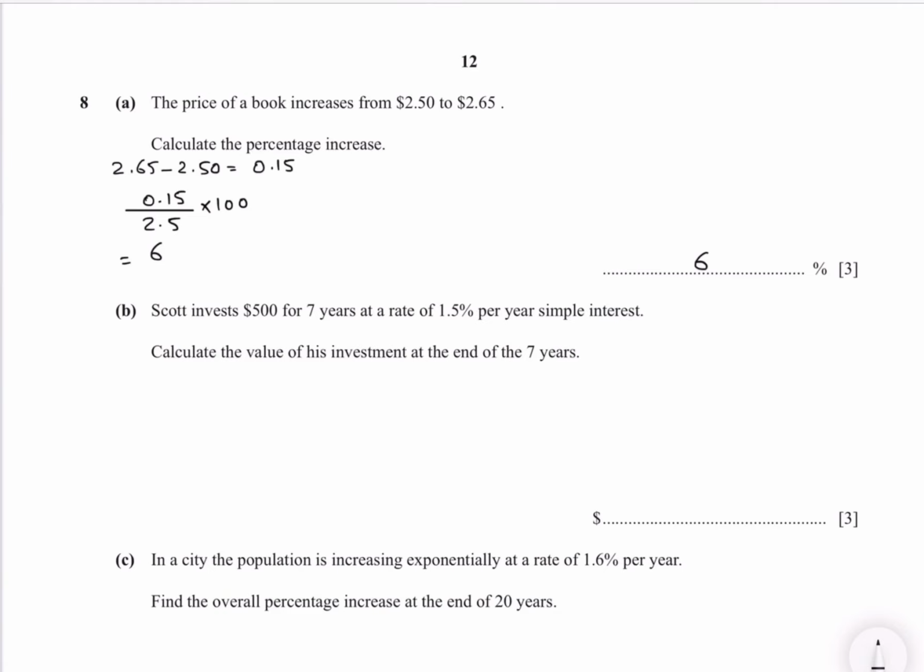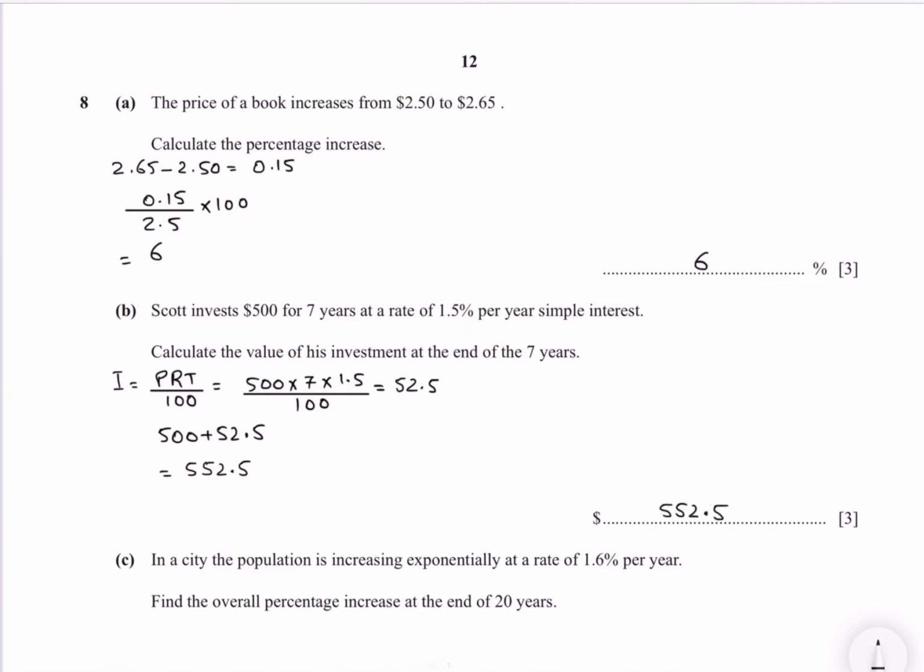Scott invests $500 for 7 years at a rate of 1.5% per year simple interest. Calculate the value of his investment at the end of the 7 years. So I is equal to PRT over 100. So P is your 500 and R is your 1.5 and time is 7, divided by 100. So this is your 52.5. Now add this to the principal amount, which is 500. So your answer is